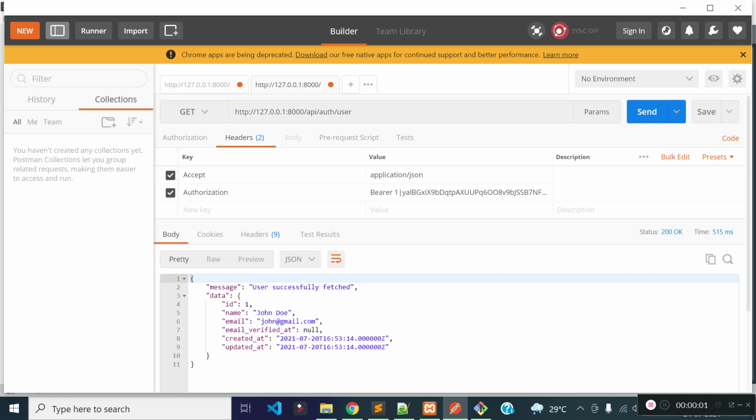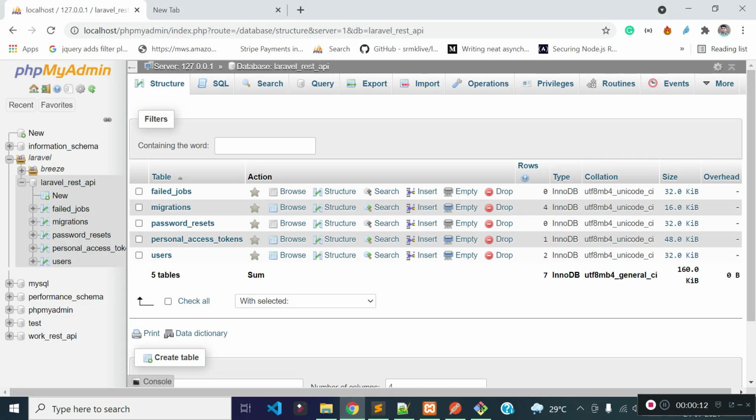In this lecture, I am going to tell you how we can use the POST method in Laravel API to insert a record in the MySQL database. I am going to insert a blog record inside the blogs table. Right now, we don't have a blogs table inside our database, so we need to create a model and migrations file for the blogs table. Before that, I will generate a model and migrations file for the categories